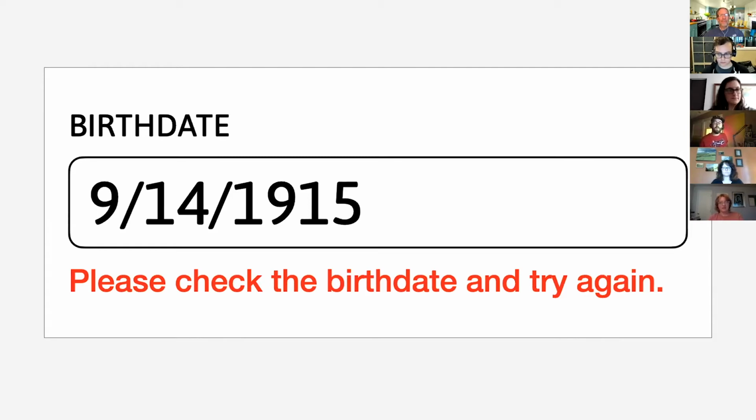I kept asking questions, and it turned out to be an archaic security principle because they didn't want malicious code being injected into the birth date field. So they made up a security guideline that said 100 years or older, throw an error message so people don't put erroneous information into the birth date field. And this just sparked a whole bunch of conversations with the security team. Why are you doing this? There are thousands of people in our country that you're marketing this product to that are 100 years of age or older.